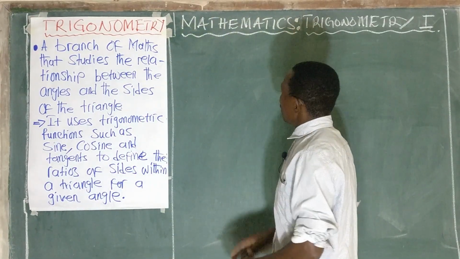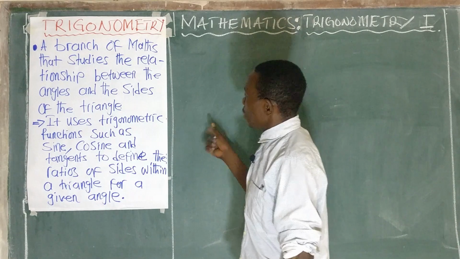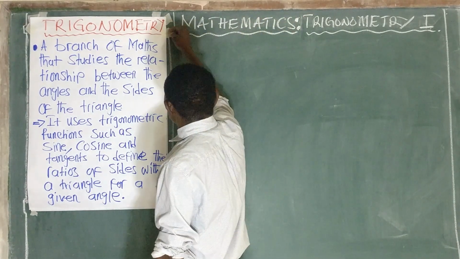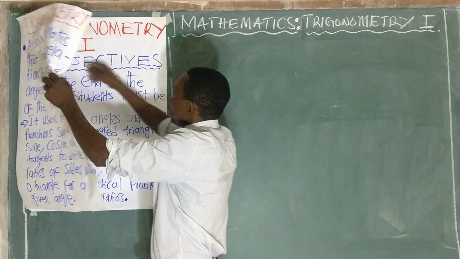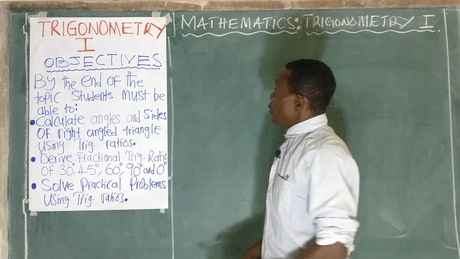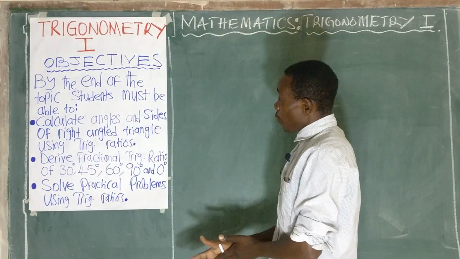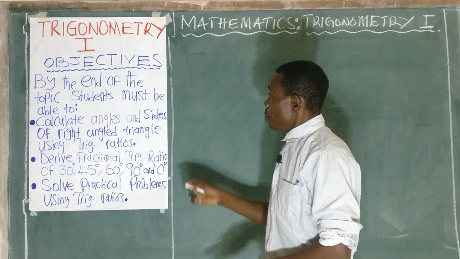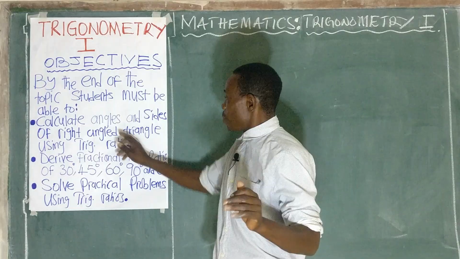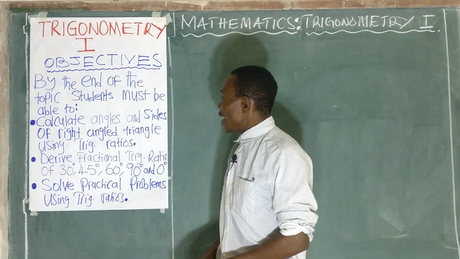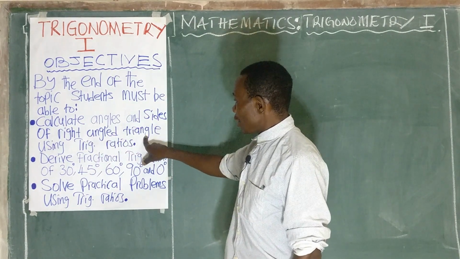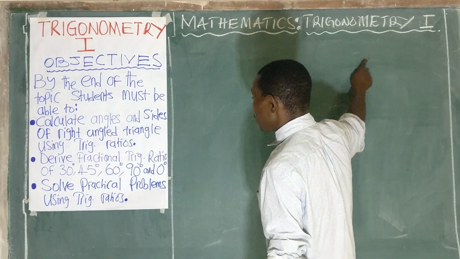Now, having defined what trigonometry is, where we are looking at the relationship between angles and sides, let us look at the objectives that will take us through. Objectives: we are to do the following. As students, by the end of the topic, you should be in a position to calculate angles and sides of the right-angled triangle, in this case, by this Trigonometry I,